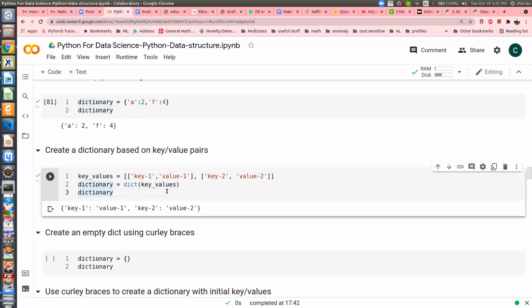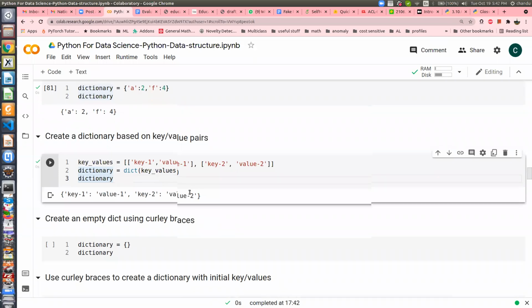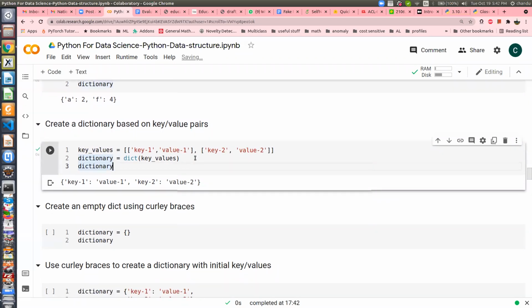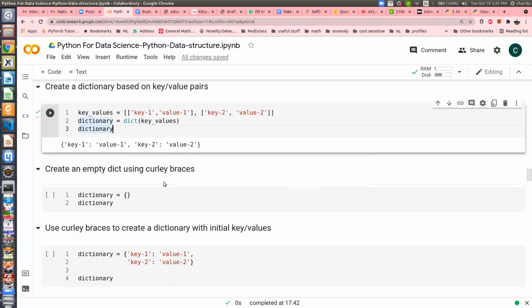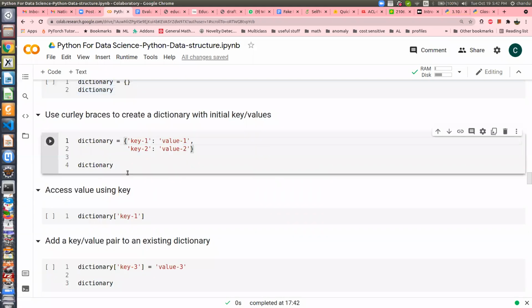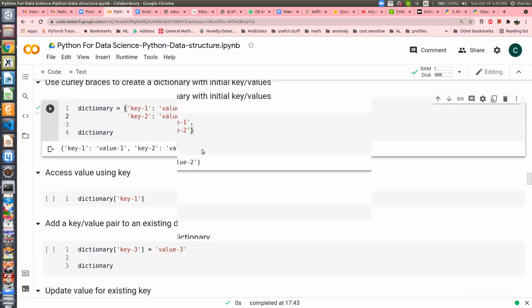It's a very shortcut way to create a dictionary. So key 1 value 1, key 2 value 2, and so on. Basically you are passing the pairs. You can create an empty dictionary using the curly braces, as we have already seen.